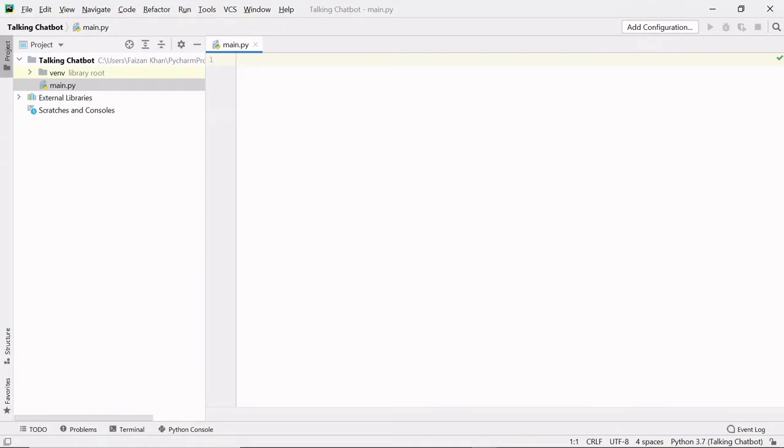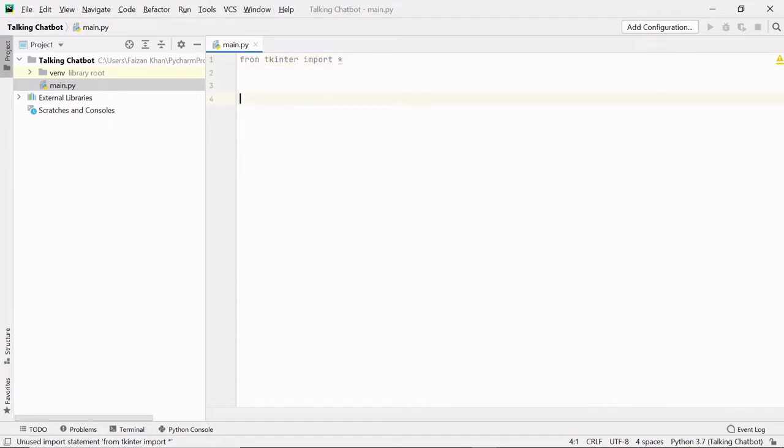So for creating a GUI part, I'll be using a module which is tkinter, which is inbuilt. It comes with Python interpreter, so we just need to import it. So I'll write from tkinter import asterisk. So what this line means, that we are importing all the classes and the methods which are present inside this tkinter module. So this tkinter is basically a file, a library where we have a lot of classes and methods. After writing this line, now we will be able to use those classes and methods in this program.